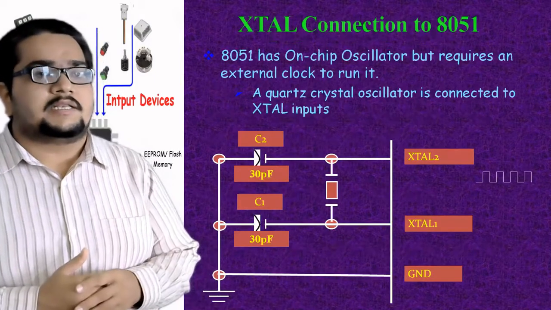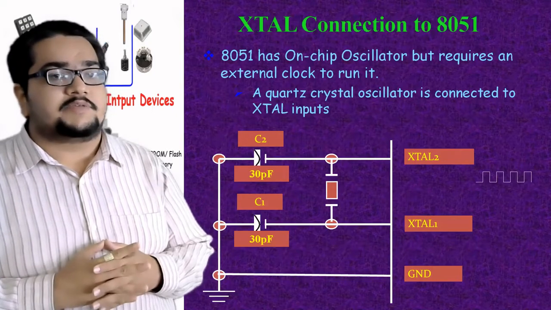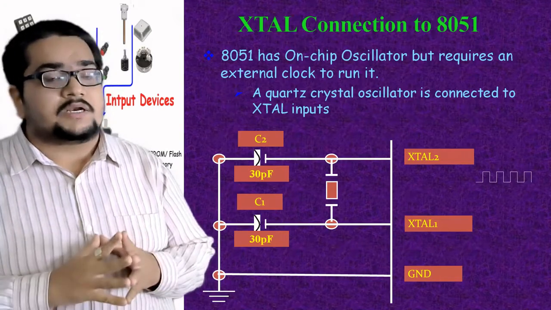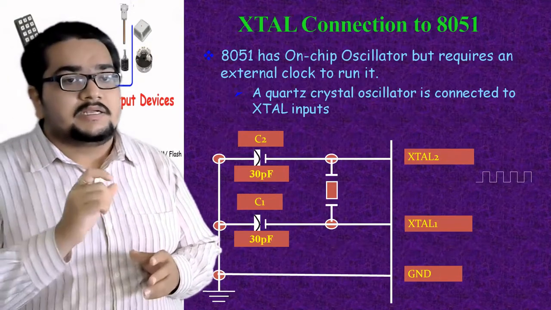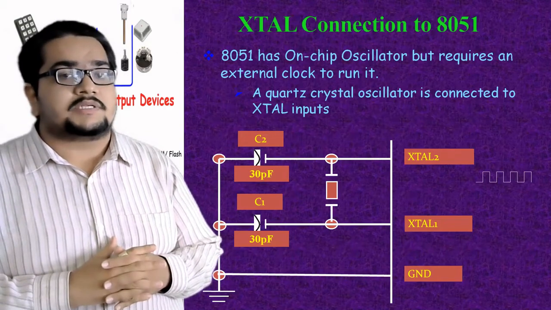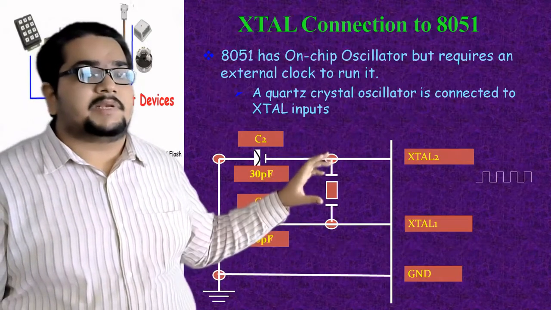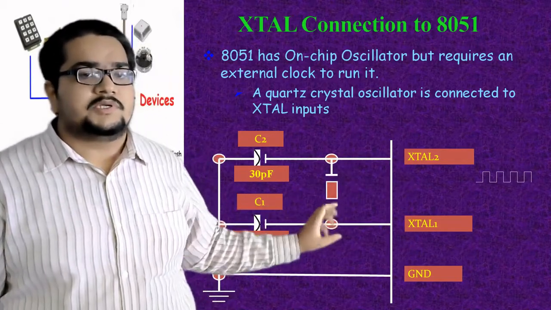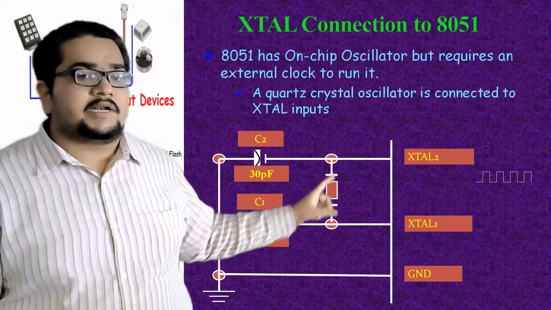So talking about the XTAL1 and 2 pins, here you can see that 8051 has an on-chip oscillator. We have already discussed it in the features also. But it is a requirement that you have to trigger that internal oscillator circuit by an external clock. So how can we generate an external clock? We can generate an external clock by having a quartz crystal oscillator connected outside. It has to be connected at pin number 18 and 19, that is, in between the XTAL1 input and XTAL2 input. These two are the oscillator inputs. So in between these two, a crystal oscillator is connected.